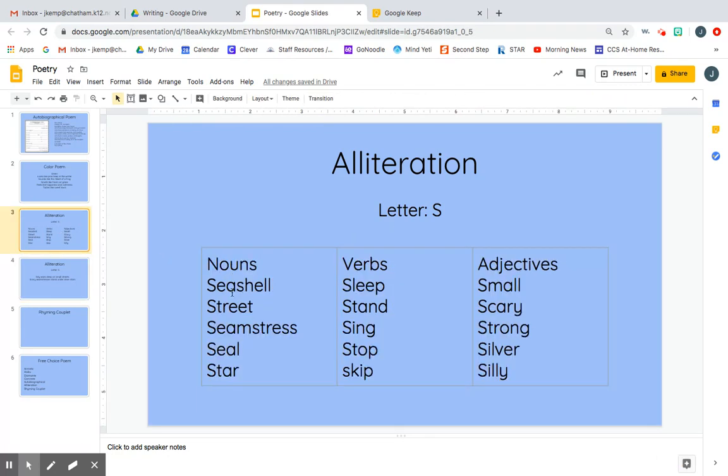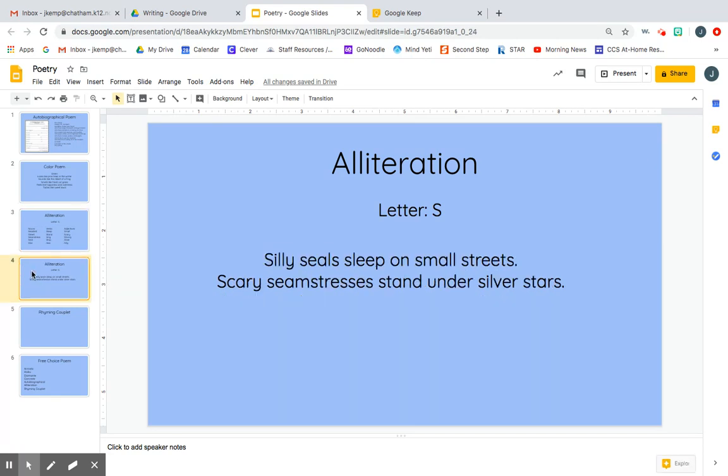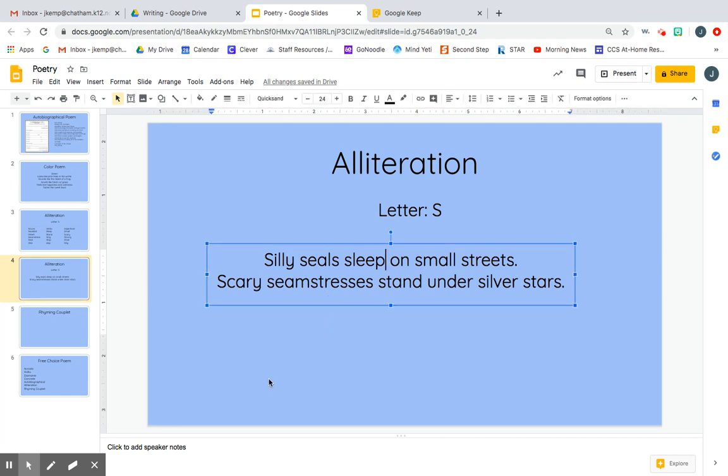You're going to try to think of 4 or 5 nouns, verbs, and adjectives to help you write your alliteration sentences. Okay, and then you're going to use that brainstorming to turn it into your sentences. So this is like kind of a silly activity, and I want you to have fun with it and be as silly as you want to. I can't wait to hear them.